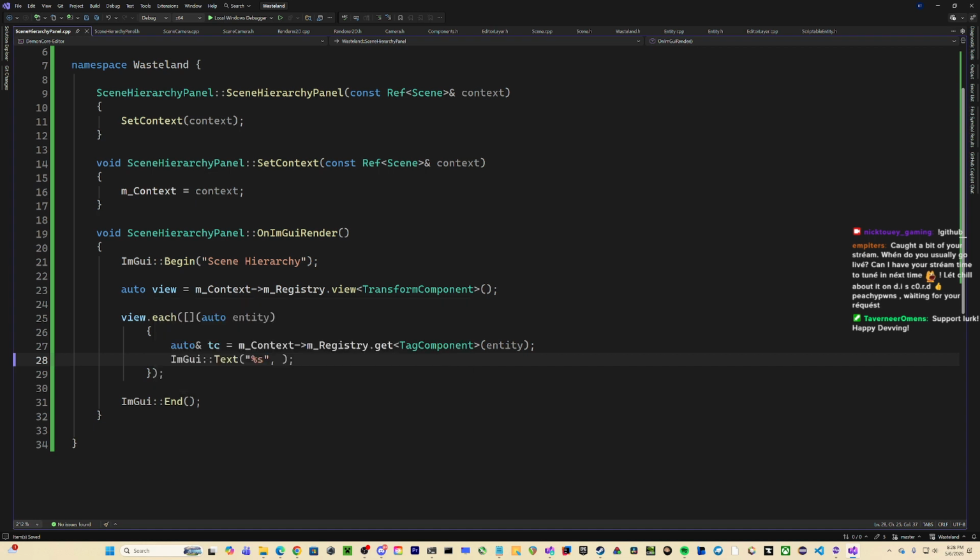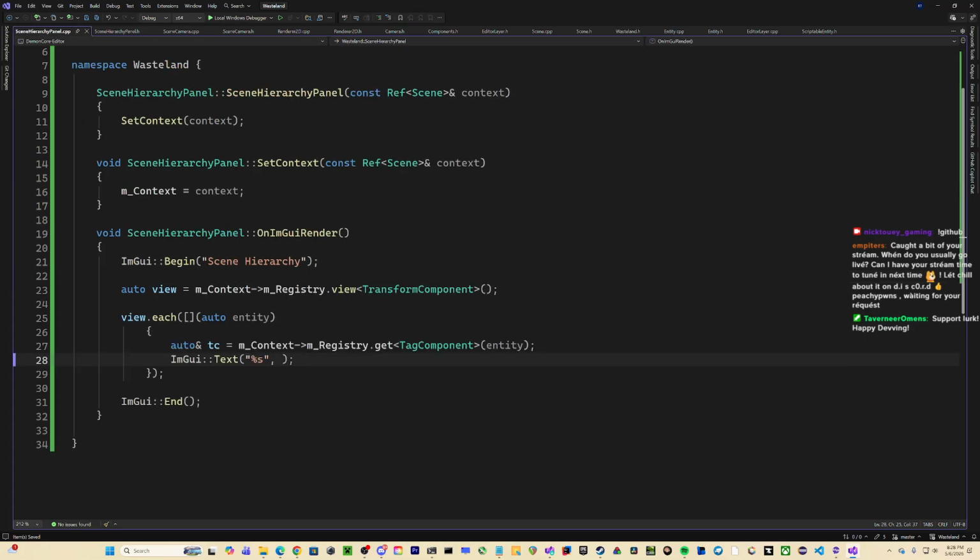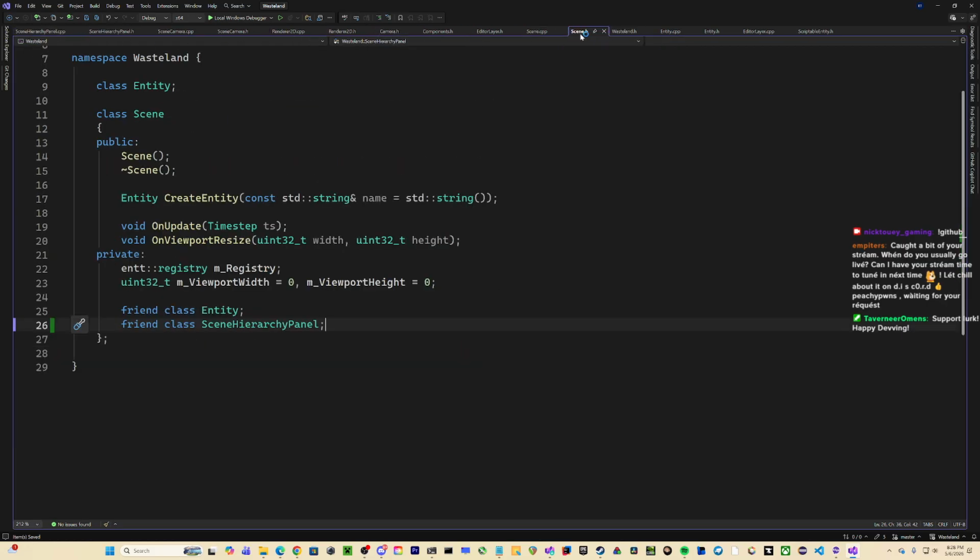Since view is getting m_context, which is scene. The scene class, which is made context. And then it's getting the registry, which I think, give me a sec.